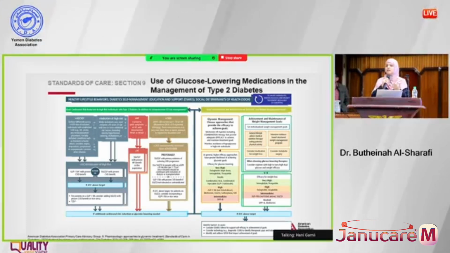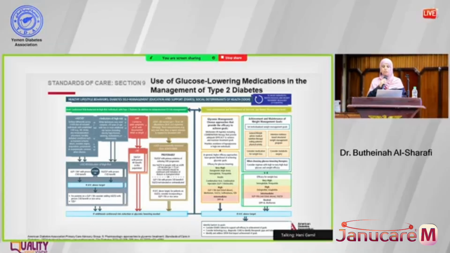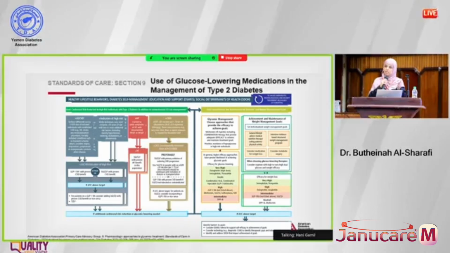Many studies have shown that it delays the onset of dialysis or the need for kidney transplant. And these medications have also been approved for treatment of patients with renal impairment, even if they're not diabetic. So now we have nephrologists using them, and the cardiologists and the diabetologists.